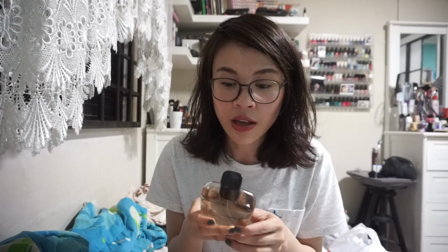If you are into gourmand fragrances, it doesn't matter if you're a guy or a girl. This is actually a men's fragrance, but to me this smells so delicious. Anybody can wear this. I don't have seasons, but this will be really great for fall. I smell this delicious all year round, so yeah. Number 3 is none other than